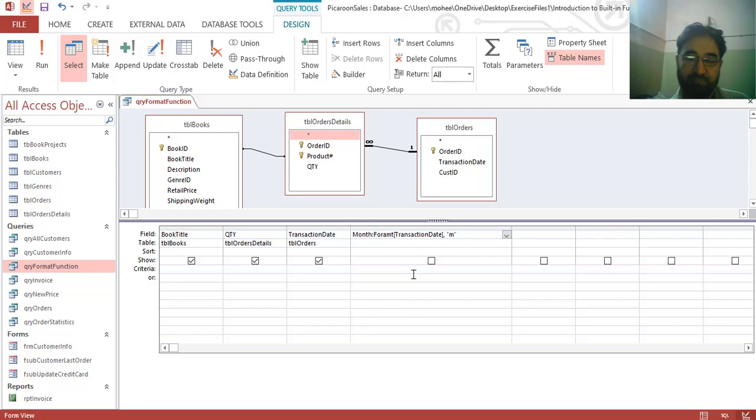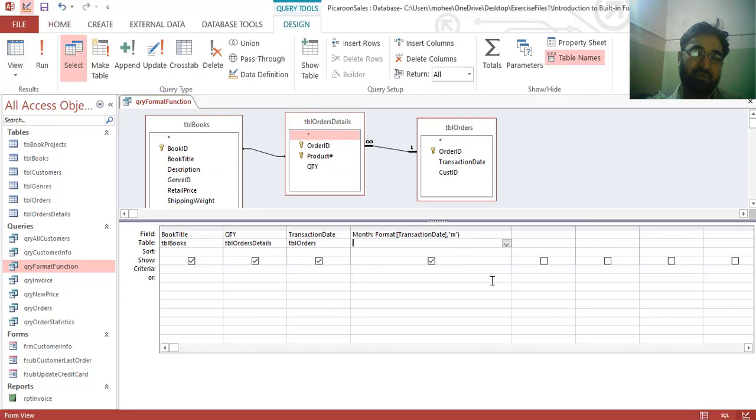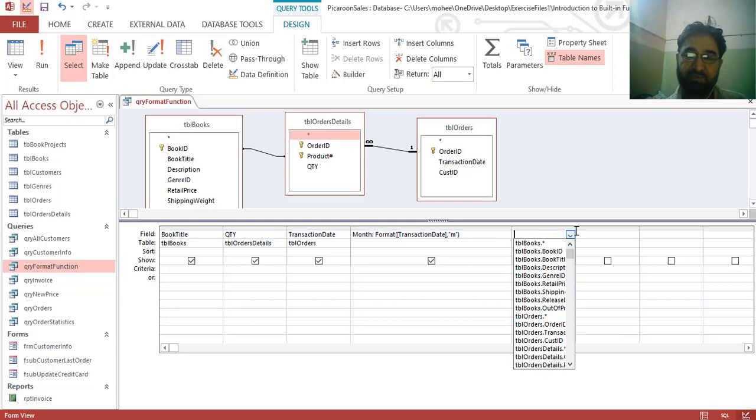Let's see. Apparently, we have extracted the month part of the format with the help of the format function. With the user defined function, we use the M for the month. Let's go back to the design view and